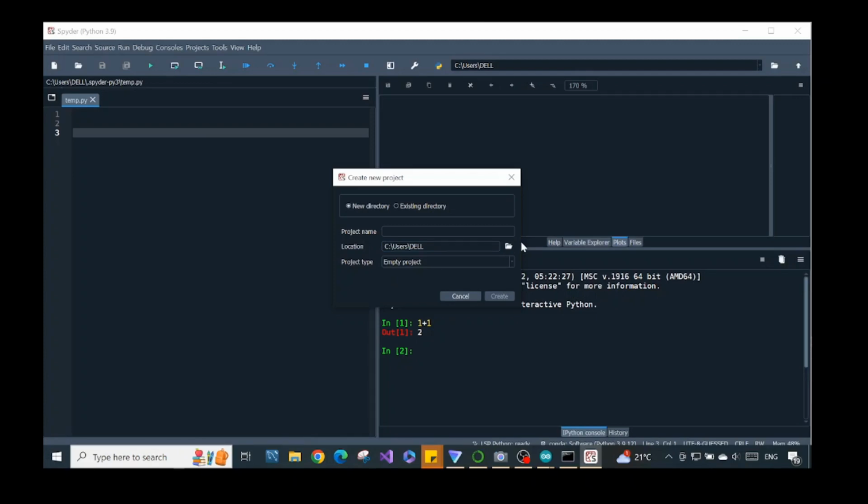I will have a pause where I need to choose my specific location, and after that we will return back to the video. Okay, I have chosen the location for my project, and the thing that we have to pay attention to first is we want to create a new project, so we choose new directory, and then we enter our project name. For example, I will say Python Arduino